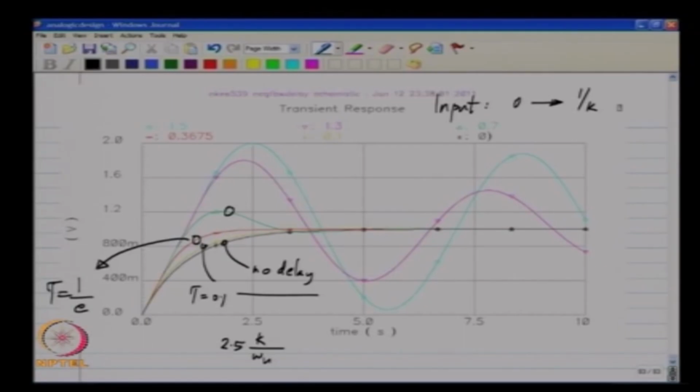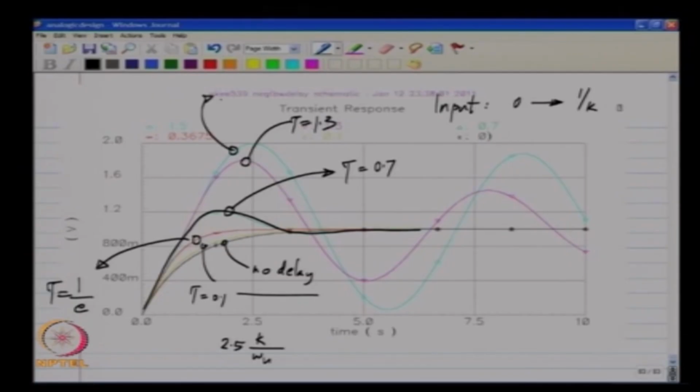So, this is for tau equals 0.7, the output goes up and then comes down below 1 and then settles. This is not going back and forth too many times, so this may still be acceptable, but if you look at the next case, this one for which tau is 1.3, then you can see that it is going up and then coming down and going up and coming down, and at 10 time constants the output is nowhere near settled, it will go up and down many times. And finally, we have the pale blue one which corresponds to tau equals 1.5. This is just smaller than pi by 2. For pi by 2 we know that it becomes unstable. This is stable,